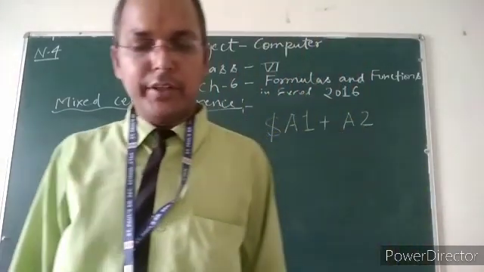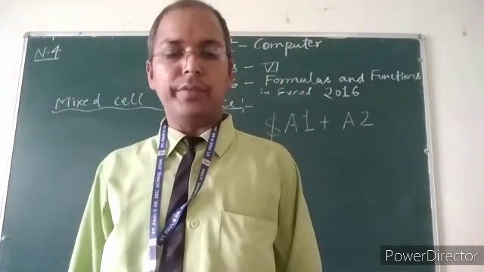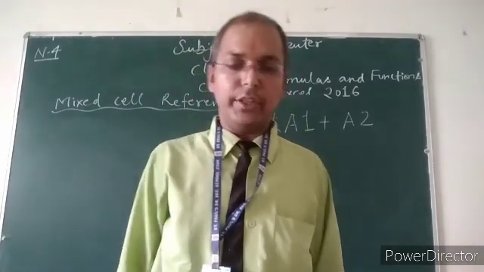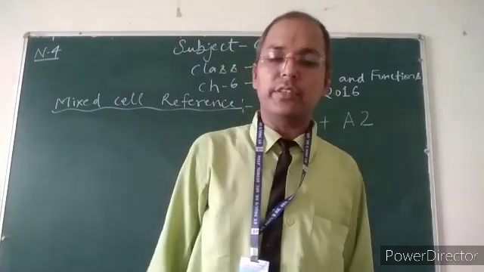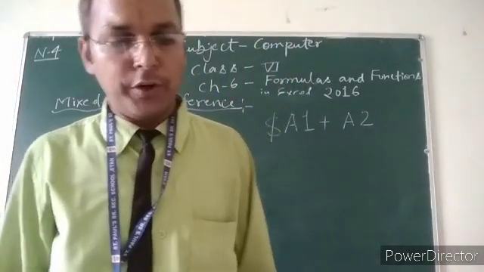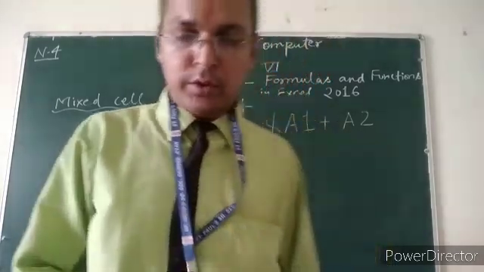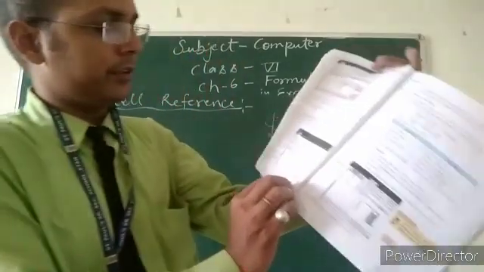Type 10% in the cell C1. Click on the cell where you want to display the final price of the item. Type $D5 minus E$5 in the selected cell. Press the Enter key. The result will be displayed in the cell. Now drag the mouse pointer to calculate the final price of the other items. With the help of the book, page number 62, Figure 6.8, mixed cell reference.